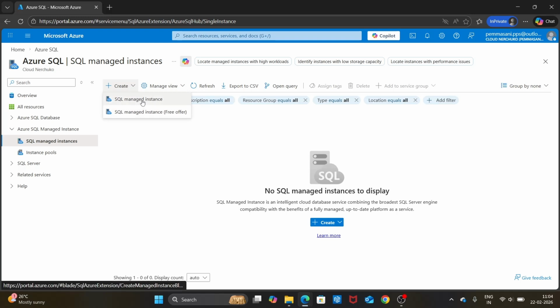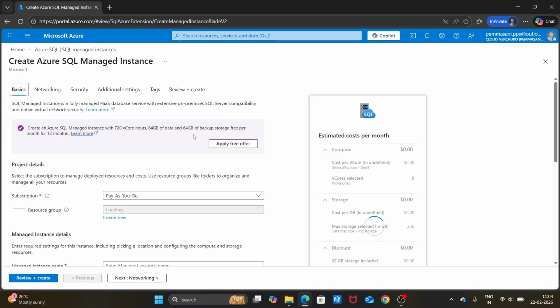Here we have two offerings. One is pay-as-you-go SQL Managed Instance and the second one is SQL Managed Instance with free offer. First of all, I will show you the pay-as-you-go Managed Instance, and the free offer is anyway similar to that. I will show you that as well. Click on SQL Managed Instance